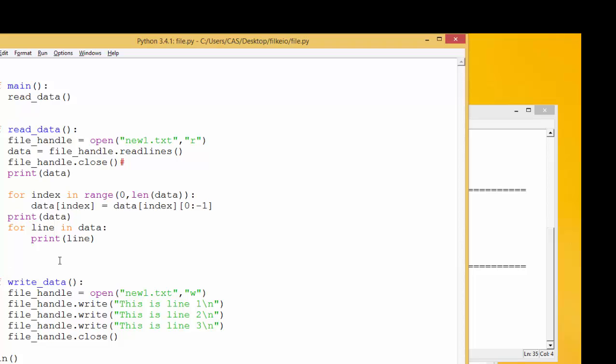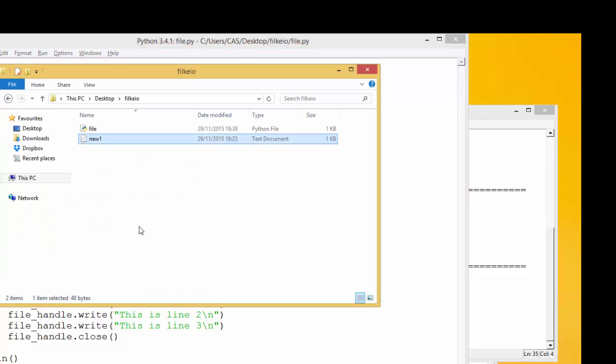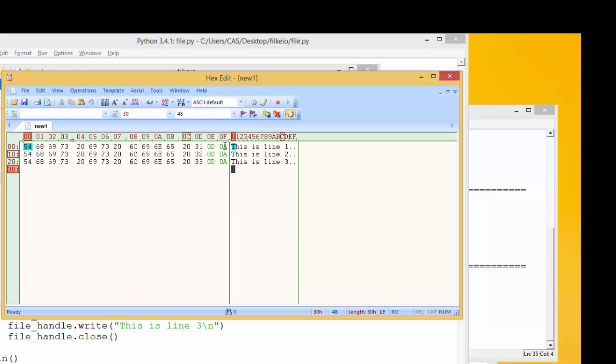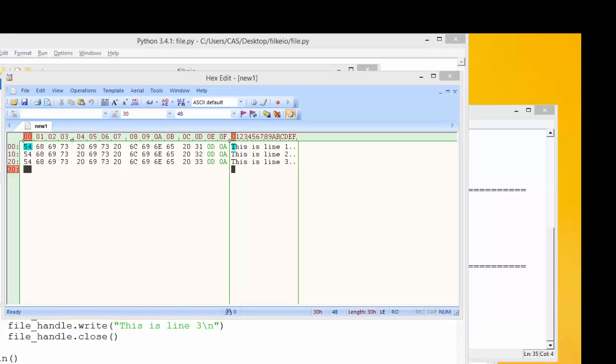Okay, so that gives you the idea of reading and writing files. Bear in mind that as you create files within an editor, so obviously in this case we got the program to create the text file and then we read it back in. It was very tightly controlled what that text file looked like. Just recall it from memory, have a quick look at it again. Open with hexedit. You can see here it had put this 0D and 0A in because we put that as a print statement in there. If you create a text file, it might not have exactly the same syntax in, and that's why hexedit is quite a useful program. If you're creating your own text files, what you need to do is make sure,